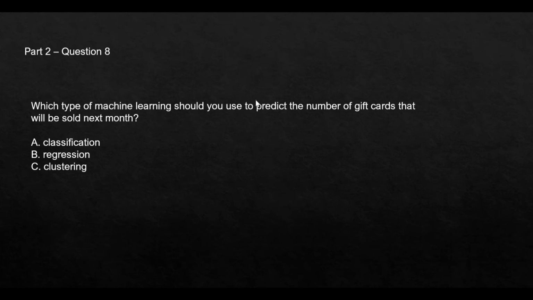This question is asking about predicting the number of gift cards that can be sold next month. If you want to predict the number of gift cards, that's a number that you're predicting, and for a number, you should always use regression. That's the thumb rule. It's a no-brainer. A classification model works if you have data of a population, and you want to classify who is COVID positive and who is COVID negative. So we will lock this answer as regression.